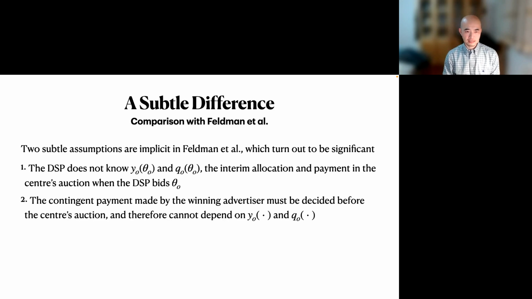And the second assumption is that the contingent payment made by the winning advertiser on the DSP must be decided before the center's auction. Because we assume the DSP does not know YO of QO, and the contingent payment must be decided before the center's auction, therefore this contingent payment cannot depend on YO and QO. It actually takes some careful argument, but